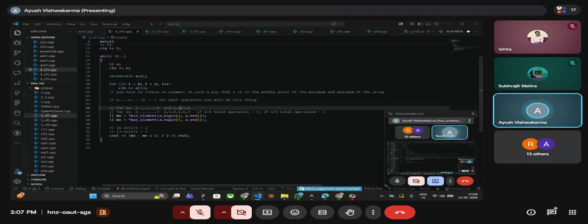But let me tell you, if you choose 4, then 2 will end up at 4 and 6 will end up at 4 in the minimal time. Whatever element is less than x, you will increase it by 1, and whatever element is greater than x, you will just decrease it by 1. So the 2 and 6 will end up together at 4. So at this state, you will have the minimum operations required to convert all of the elements to x.